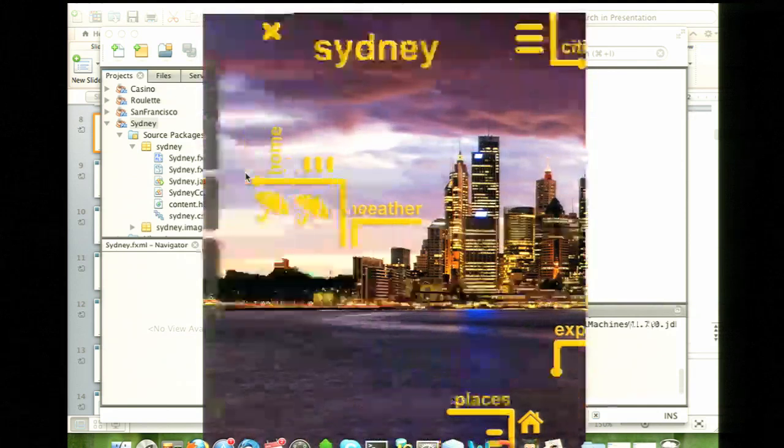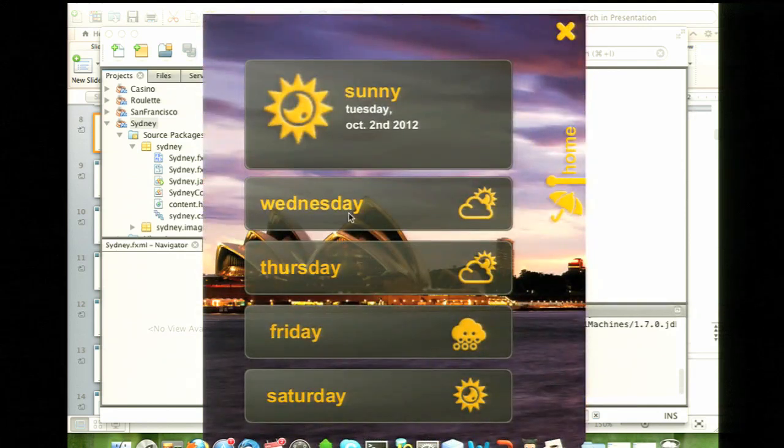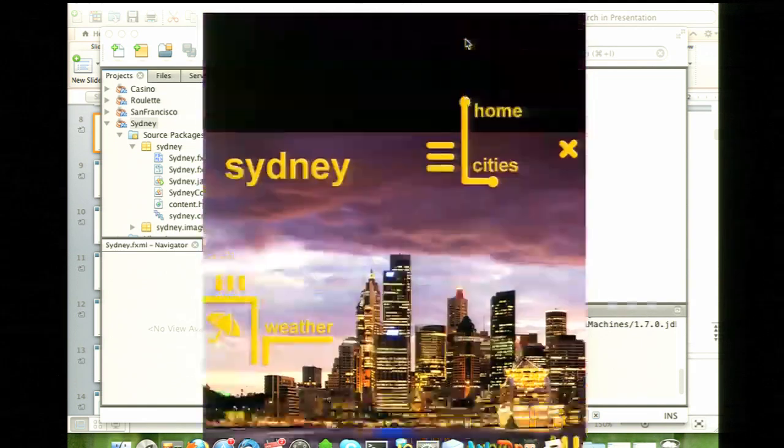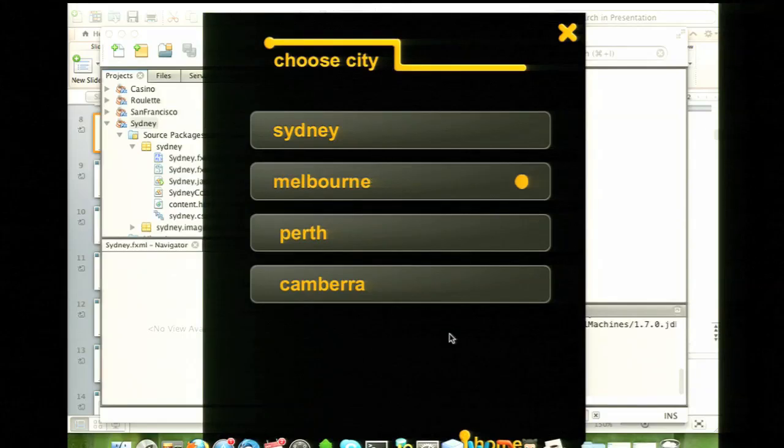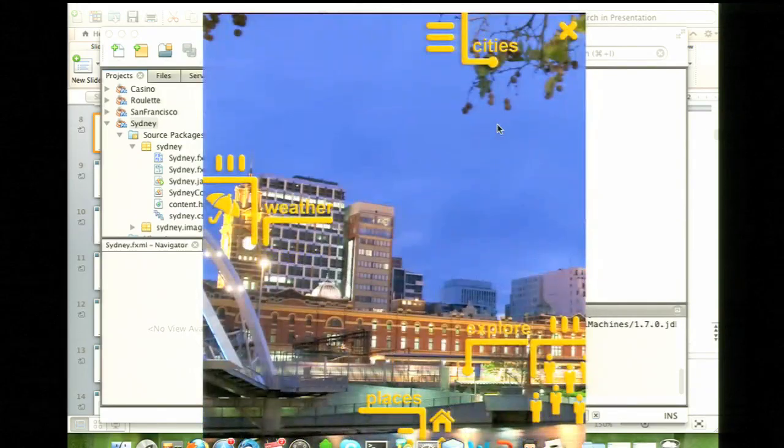You can actually go and see the weather. Again, for the weather, all this is being customized. So you actually create the coloring for these. We're going to see more details about that. Or you can go ahead and change the city. For example, go to Melbourne, and then you would just change the city and just, again, go through. So very simple UI, but I just want to get out of the box a little bit and create a